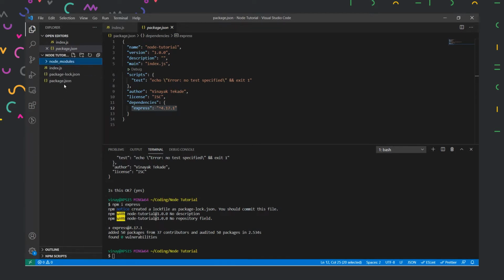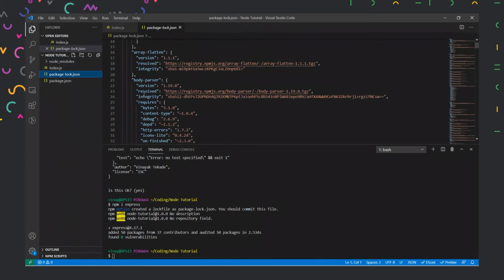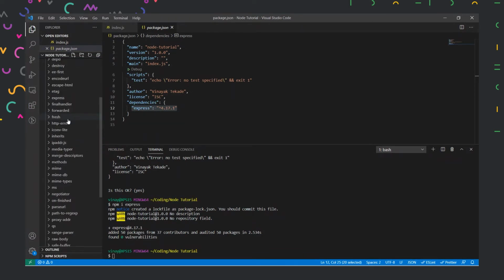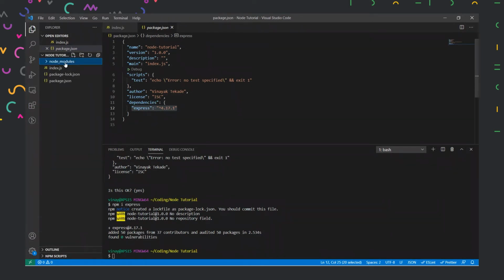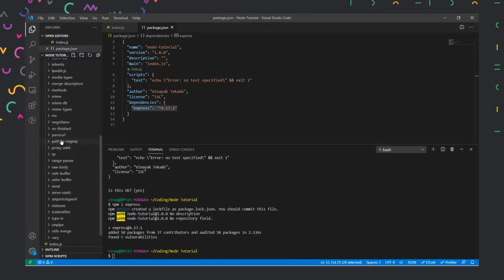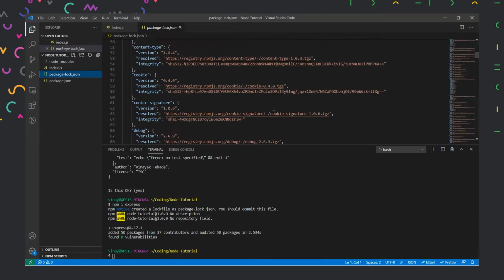So another feature we have over here is package-lock.json. This will contain all the dependencies and the sub-dependencies. So for example, I installed Express, but along with Express, I installed a lot of things. Why? Because Express needs all these packages for it to work itself. So these files are kind of dependencies of our Express package, and that's why it is installing all of this. And this package-lock.json could also work as a registry, which helps us install our files again.